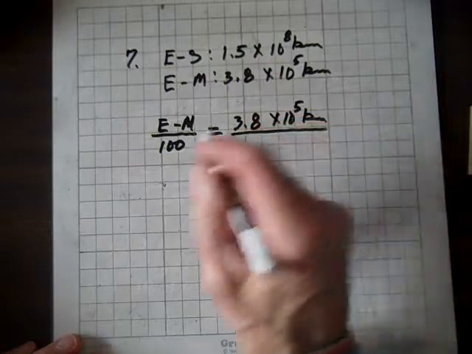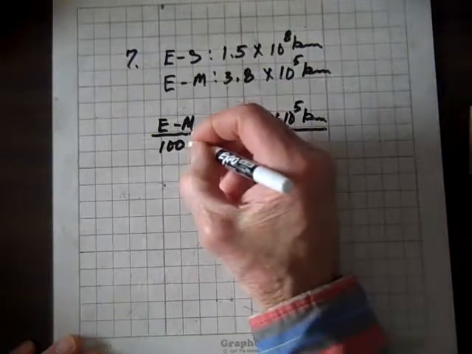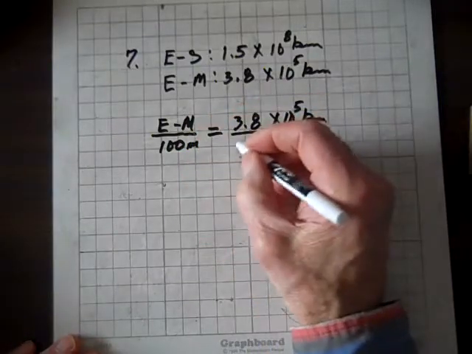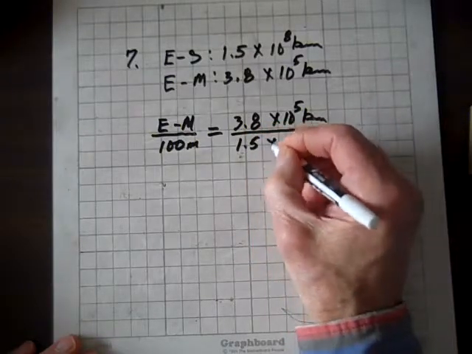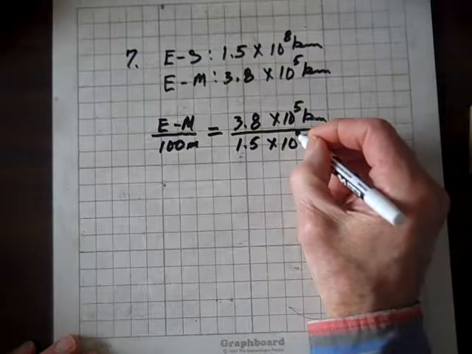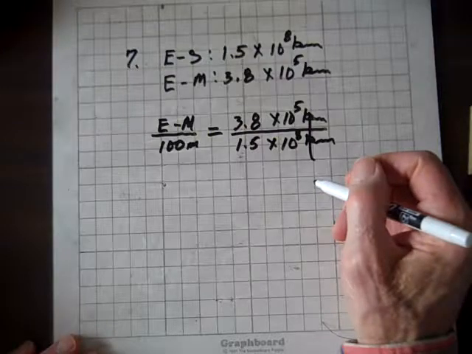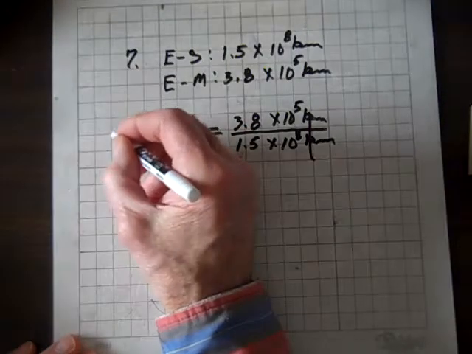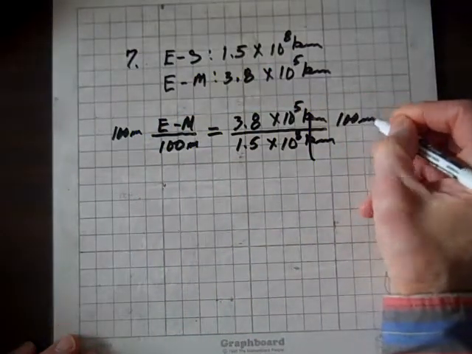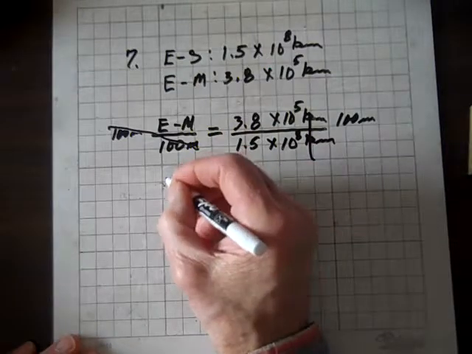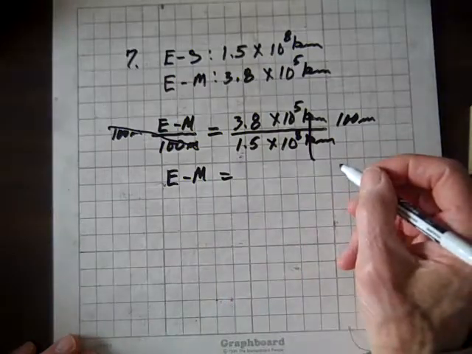And by the way, that was 100 meters, wasn't it? 100 meters, yeah, meters. Okay, and the Earth to the Sun ratio value is 1.5 times 10 to the 8th kilometers. Now the kilometers divide out. We don't have to worry about those. And we'll multiply both sides by 100 meters. And now these divide out here, and we get Earth to Moon equals